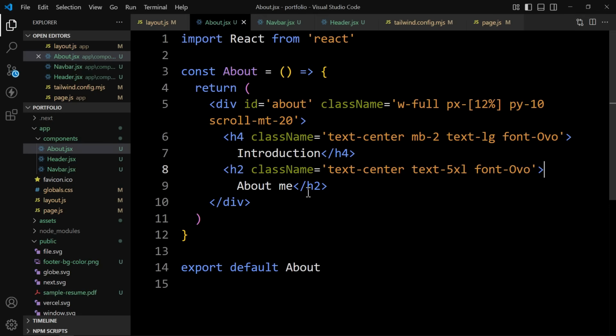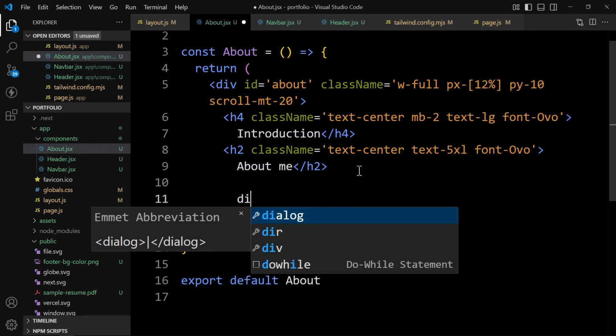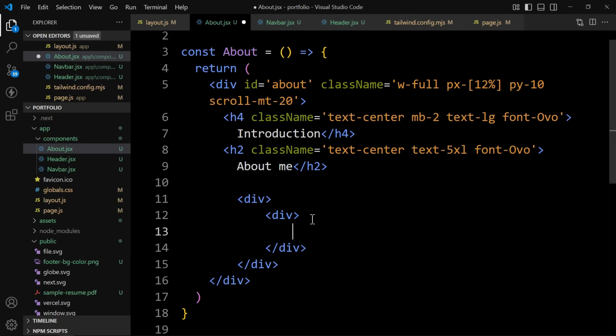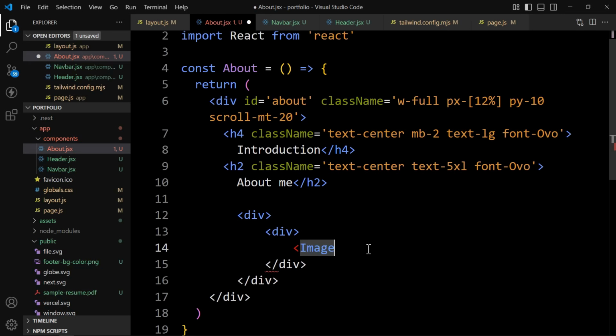So let's come back, and after this h2 tag, here we will create a div, and in this div we have to create two columns. So let's add the div for the first one, and in this first div we have to add one image. So write img tag, image tag, and let's close this tag. In this image we have to add the src, and in this image src we will provide the image from